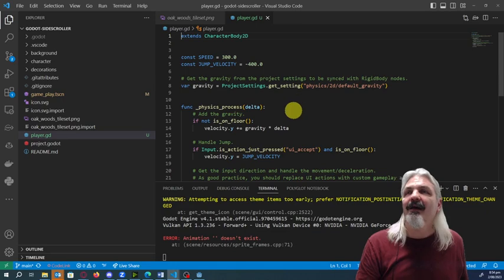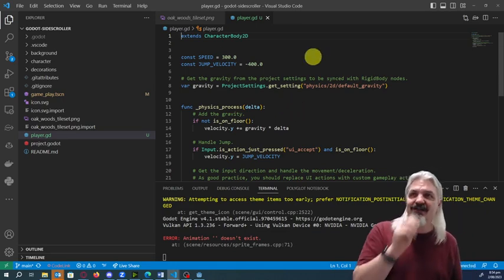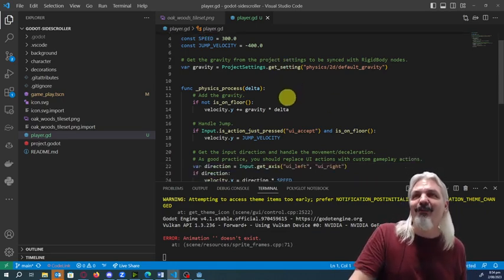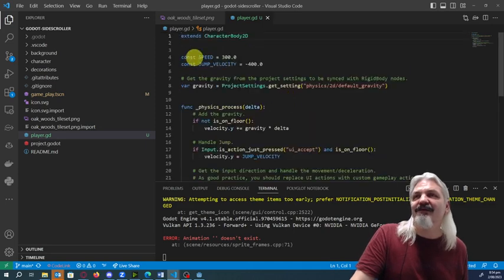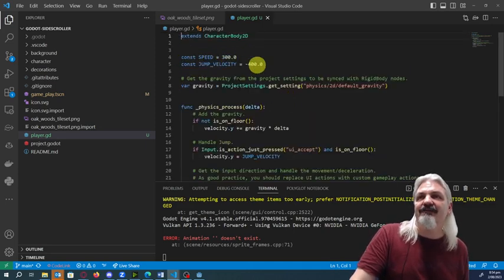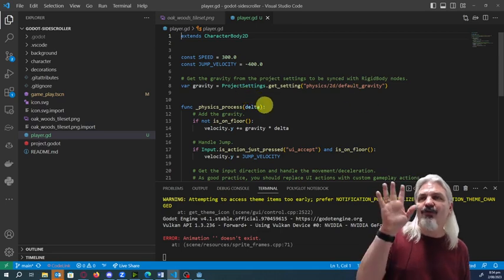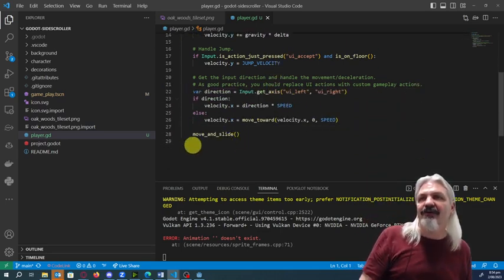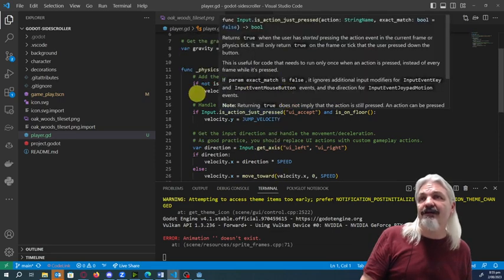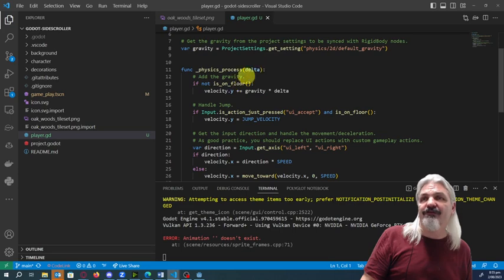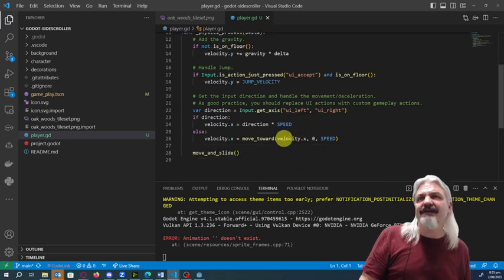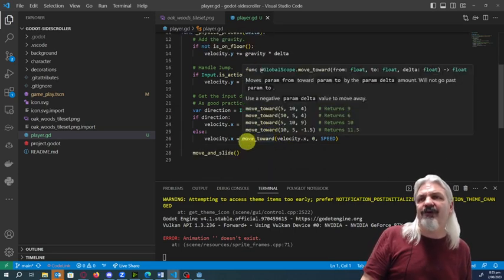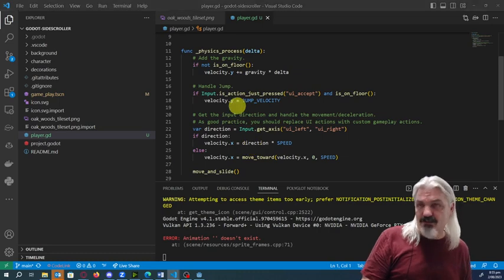Because this is already a 2D shape, it's got a whole bunch of stuff it knows about itself. You can see that it's already got a constant speed and a jump velocity added. This is all default that gets added when you click on add a character sprite. It has move and slide, and it has all of these things, including velocity update delta. So it's got a physics update. It doesn't have anything about changing from idle. So if we have a look here,